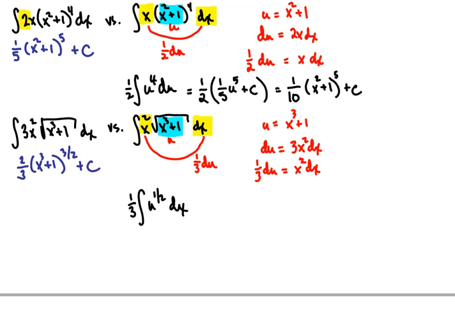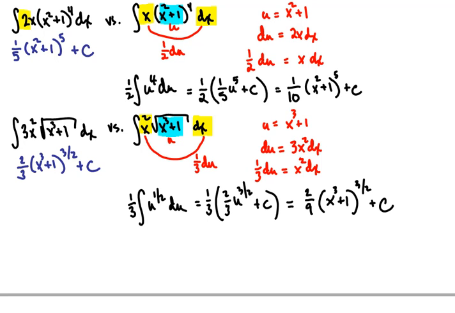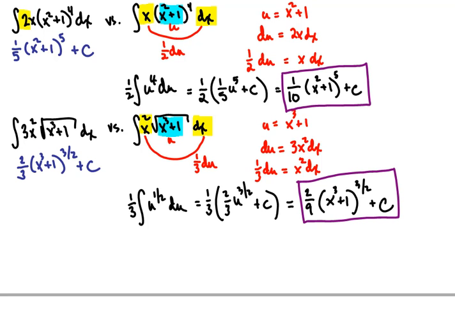When I simplify, the 1/3 comes out because it's a constant multiple. I get 1/3 integral of u to the 1/2 du. And that is 1/3 times 2/3 u to the 3/2 plus c. When I swap out the u, and simplify my coefficients, I get 2/9 (x cubed plus 1) to the 3/2 power plus c. And that's my final answer. And you can see that it is 1/3